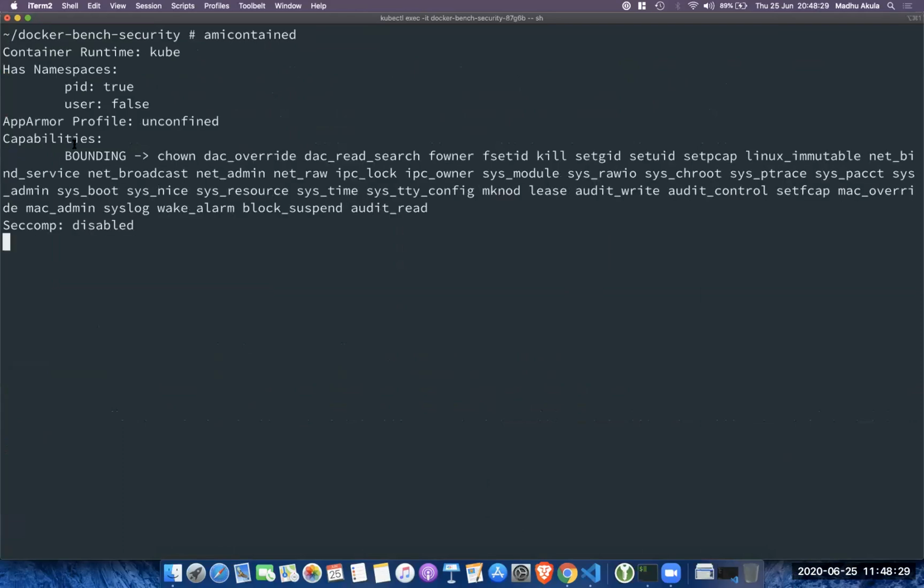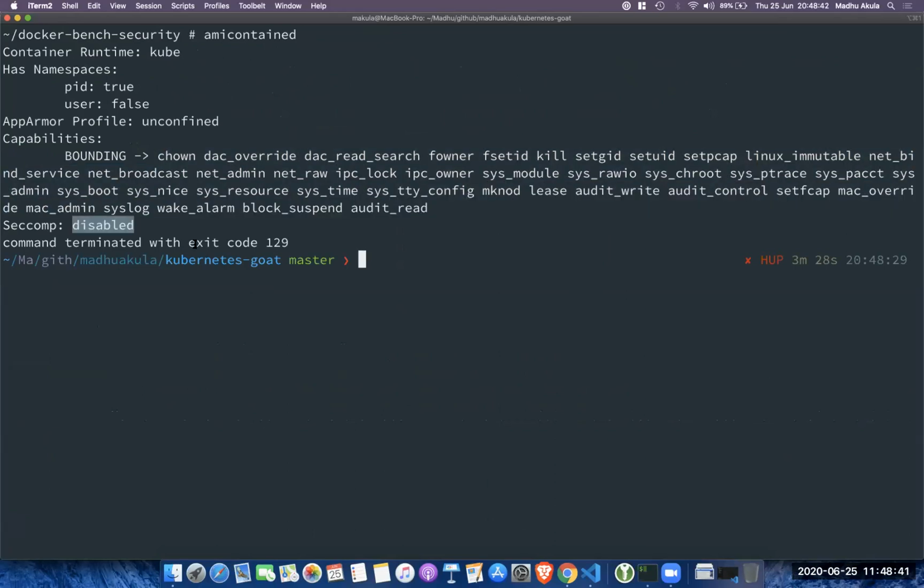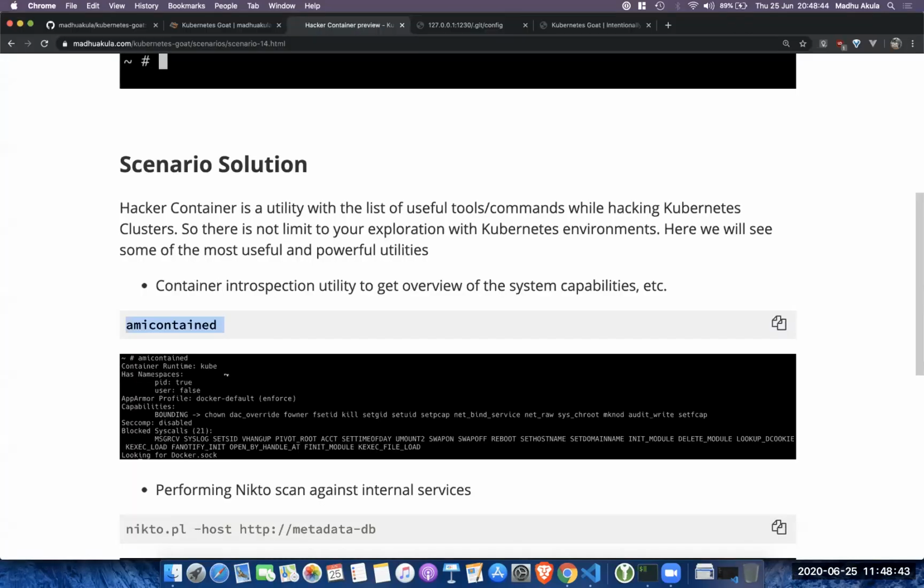So it will try to give you complete information: which container runtime you are using, are you sharing the host process namespace from the host system, and what capabilities do you have? Do you have any seccomp profile applied? So it gives more information, right?